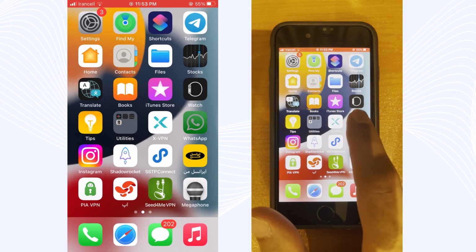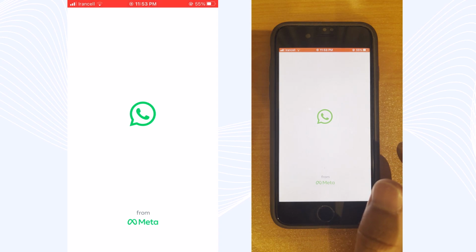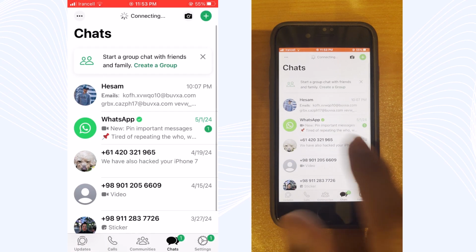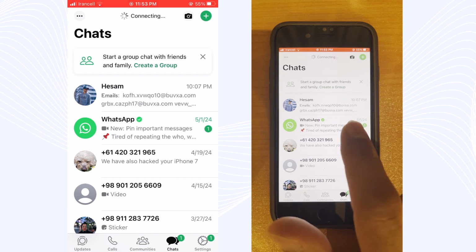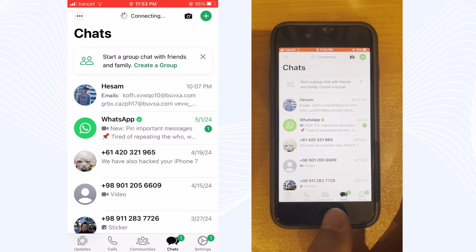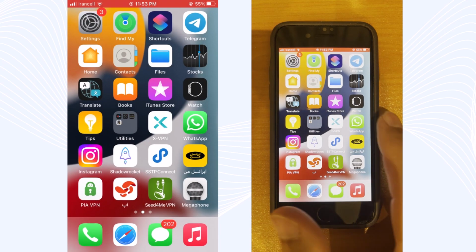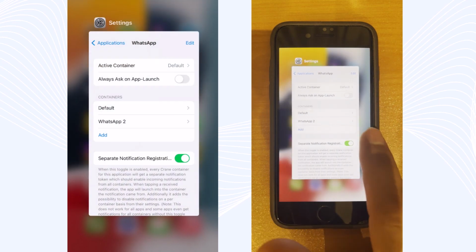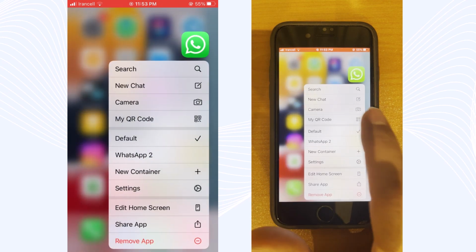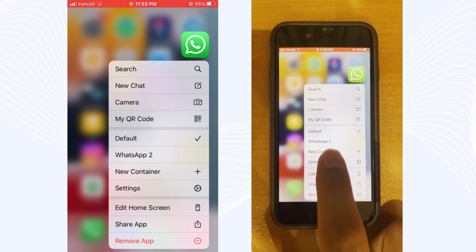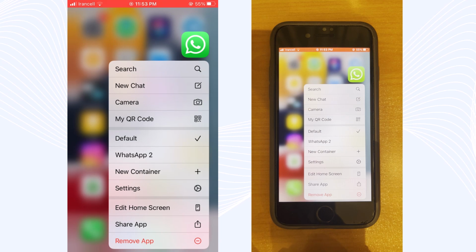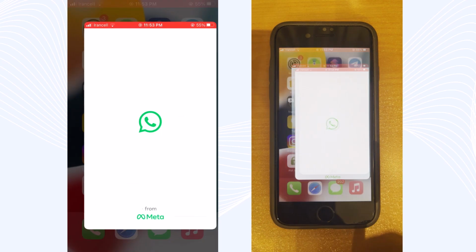So first I will go to my default WhatsApp and I will show you the test. As you can see, I have an active user here, and next I will show you the cloned app and cloned profiles. Here you can see my WhatsApp 2. I will select it and show you the test. Now tap on it.